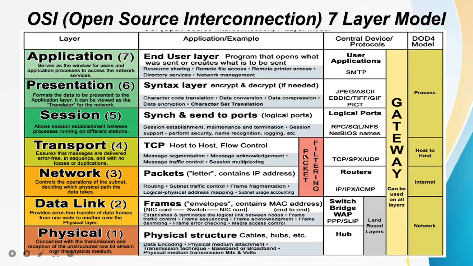So while coming to the PDU, in the physical layer, it is the bit here. While coming to data link, it is frames. While coming to the network, it is packets. Transport layer, you will have the segment here. And next, that is session, presentation, and application, you are going to have the text here. Text which will be in the plain format, encrypted format, or compressed format.